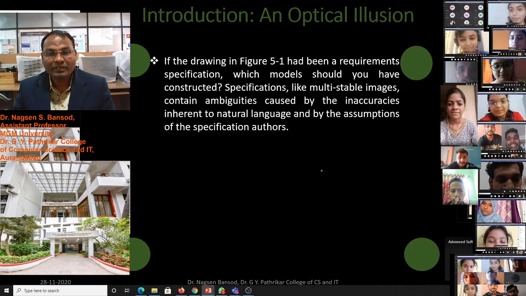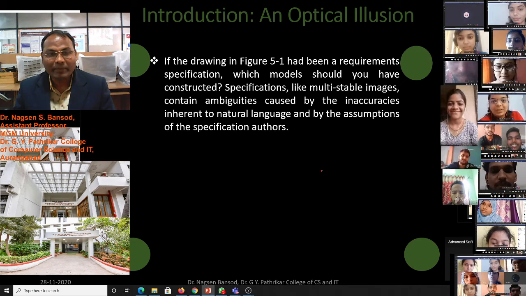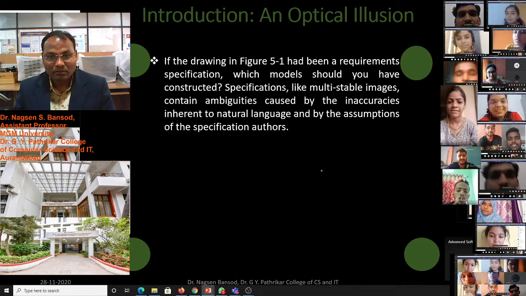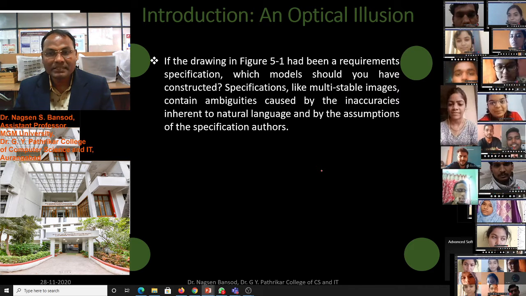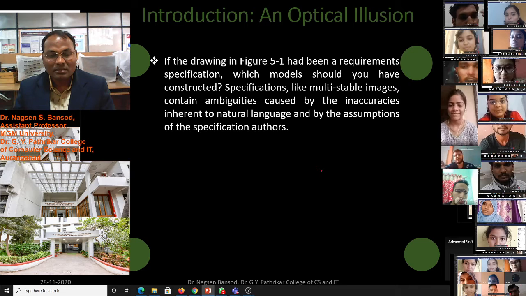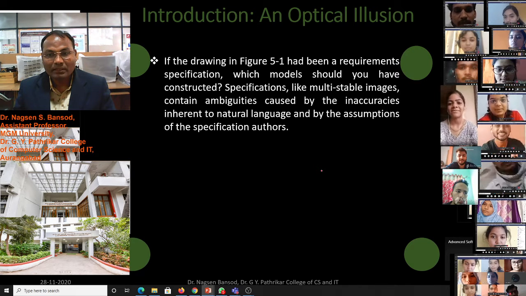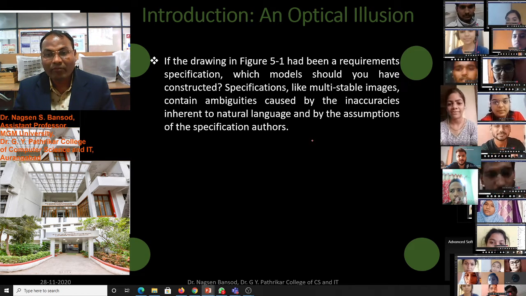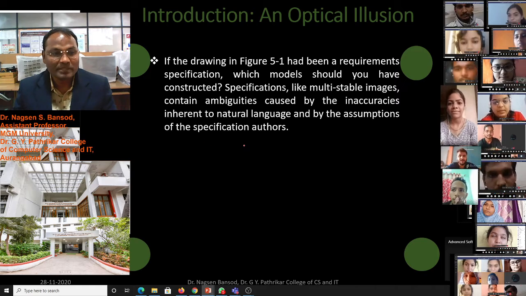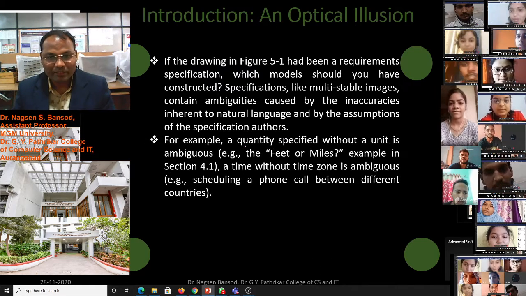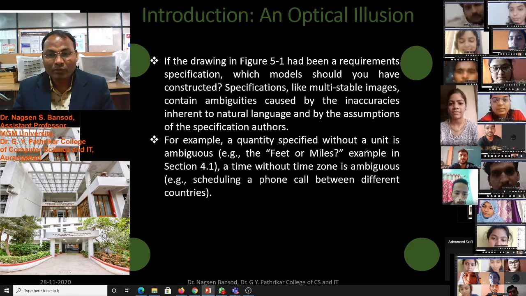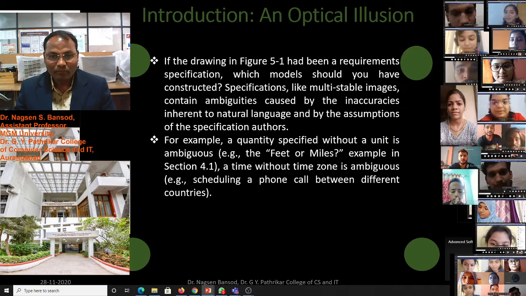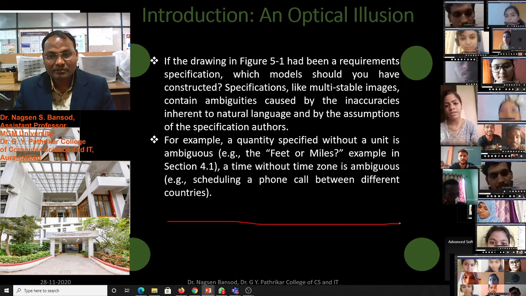If the drawing in figure 5.1 had been a requirement specification, which model should you have constructed? Specifications are like multi-stable images. There is constant ambiguity caused by the inaccuracies inherent to natural language and by the assumptions of the specification authors. For example, a quantity specified without a unit is ambiguous, for example feet or miles. Suppose there is a distance.